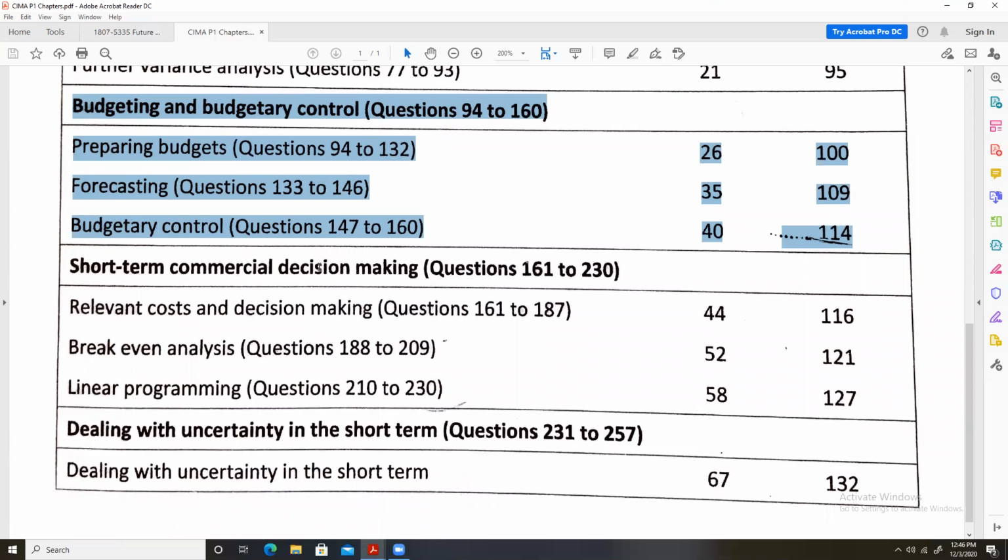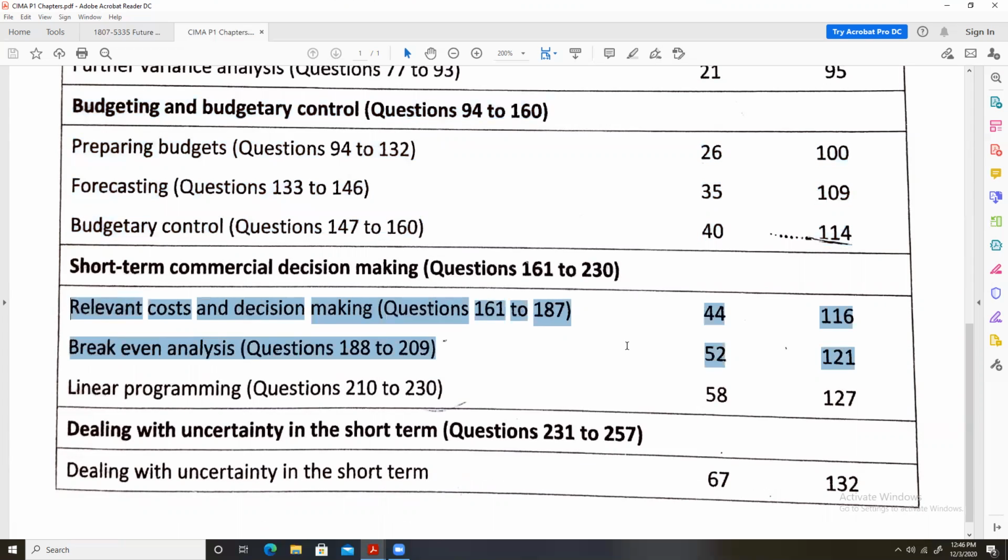Short term commercial decision making. Now, relevant cost, this is a trickier part. Relevant cost and break even analysis are the two chapters that most students find difficult to understand. But believe me, if you listen to your lectures well, if you watch your lectures again,